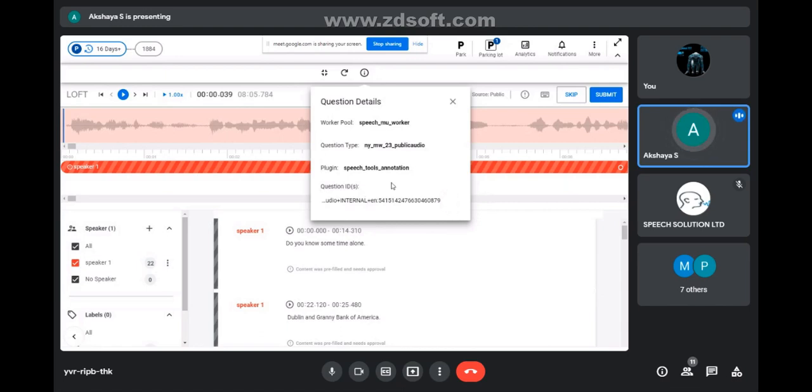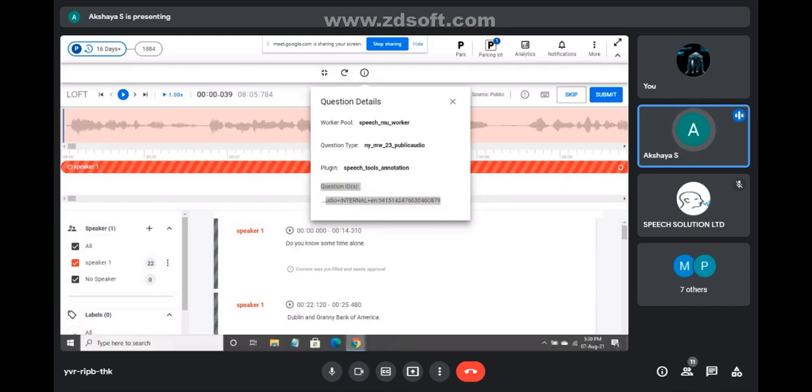What you have to do is copy from the keyboard, Control C. Manually select the question ID, copy, and paste it in the Excel sheet.